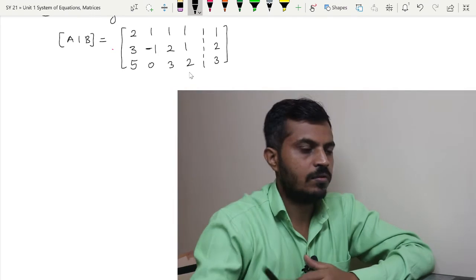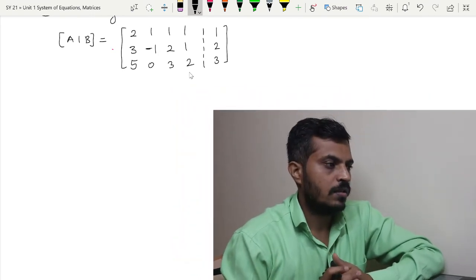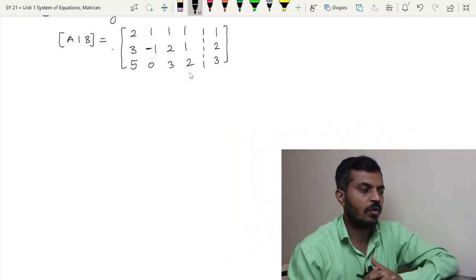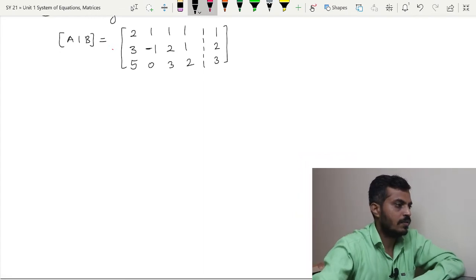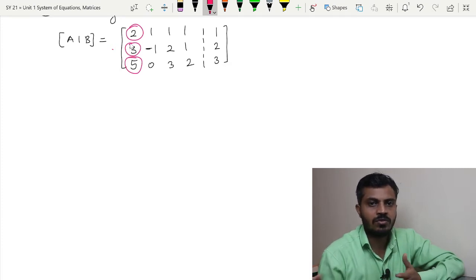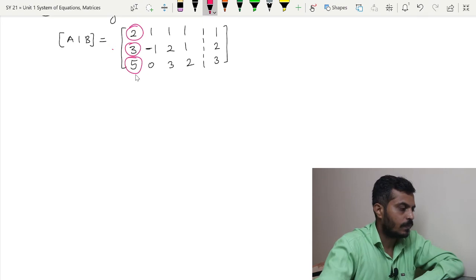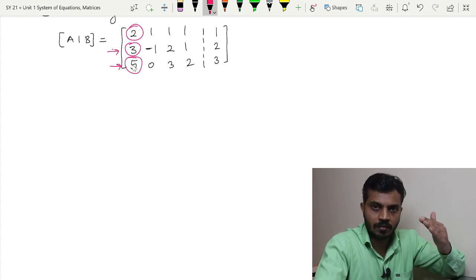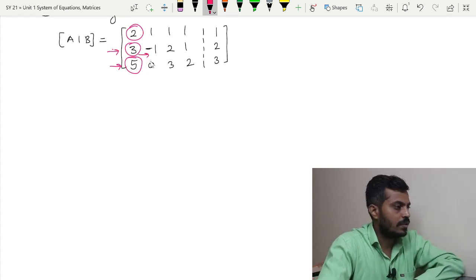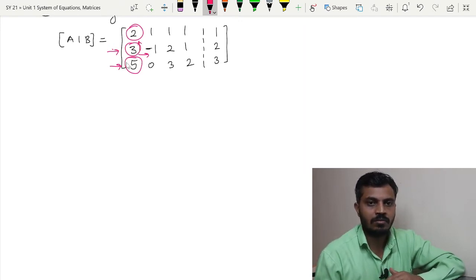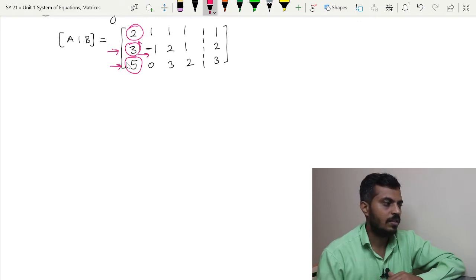So now our aim is to convert this matrix to echelon form. So what is our process? Our first process is to shift all the 0 rows to the bottom, but it does not have 0 rows. So directly I will circle the leading coefficients. Now once you circle the leading coefficients, our next job is to check whether the second condition is satisfied or not. So in the second condition, what should happen is all the leading coefficient from the second row onwards should be on the right hand side of the leading coefficient of previous row. But in this case you can see that 3 is not on the right hand side of 2, it is exactly below. Similarly 5 also is not on the right hand side.